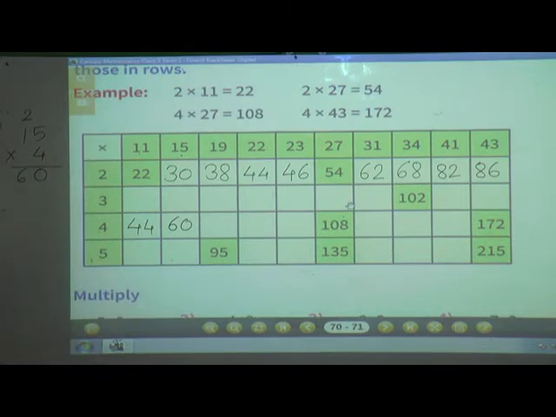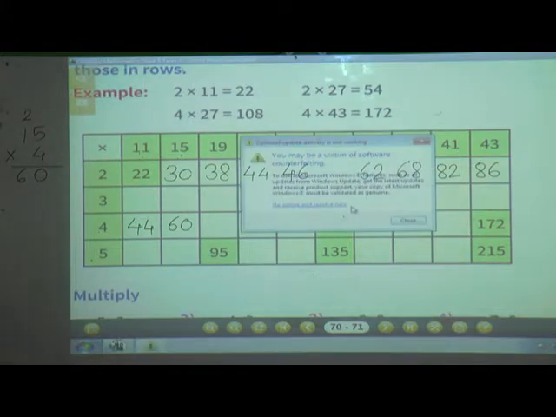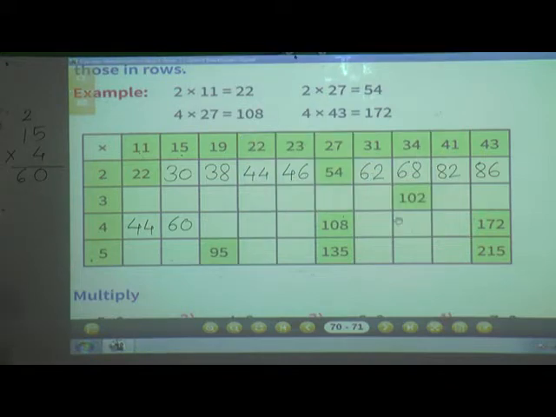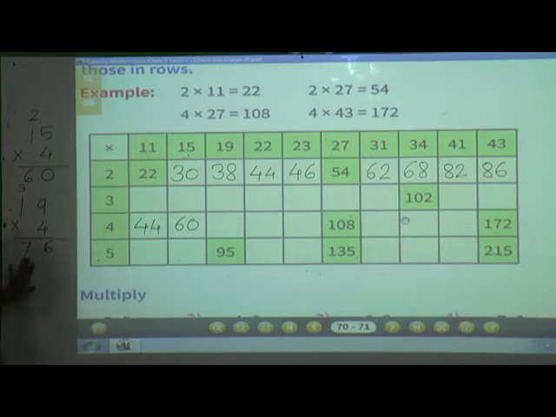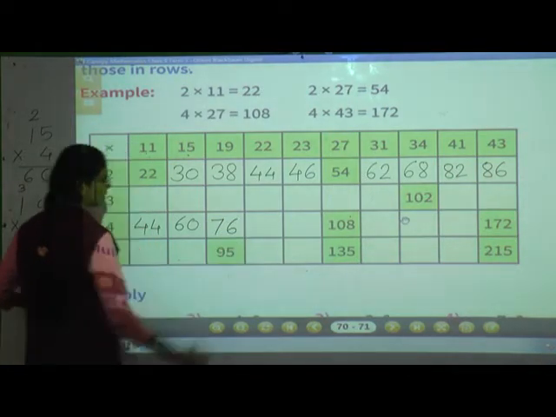Okay. Now see in the row next number is 19. Correct. So do the multiplication. 19 into 4. And tell me the answer. 4 into 9, say the table of 4. 4 into 9. Yes, 36. So write 6 here and give 3 as a carry to the tens place. Then 4 ones are 4 plus 3, 7. So 19 into 4 is equal to 76. So here we can write 76.